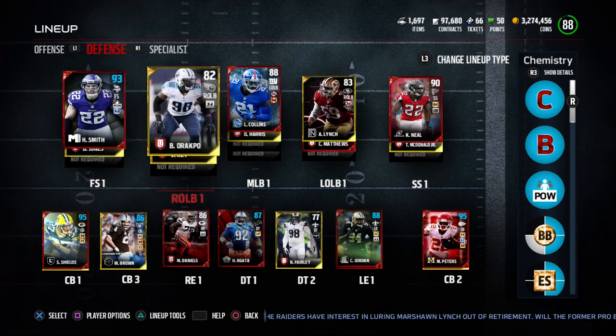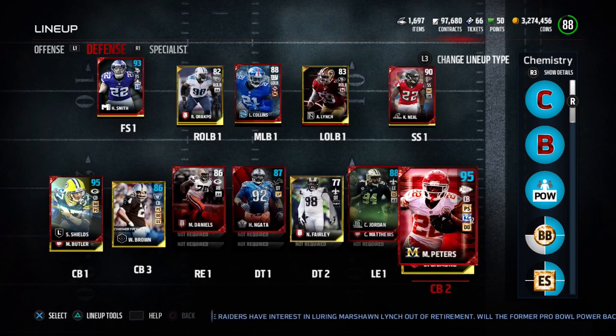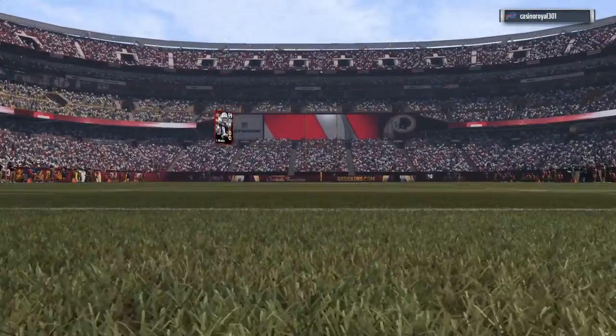Here is the defense, looking pretty good there with Harrison Smith, Keanu Neal. We got Marcus Peters and Sam Shields down there. Pretty decent defensive line, but nothing spectacular. Still have a lot of upgrades to make on this team, so let's go ahead and see if we can